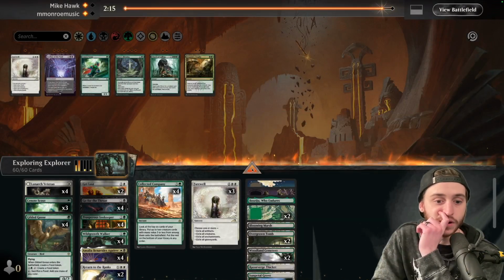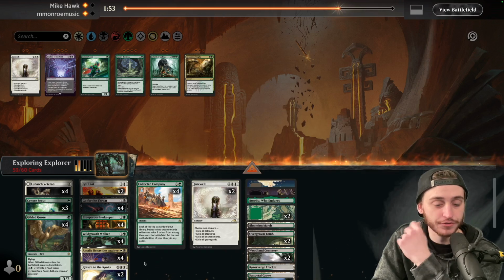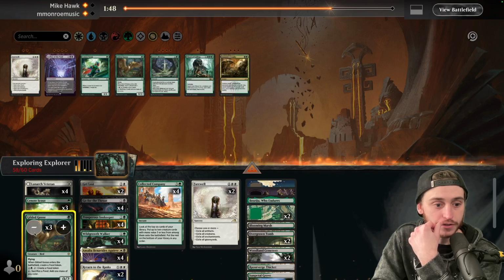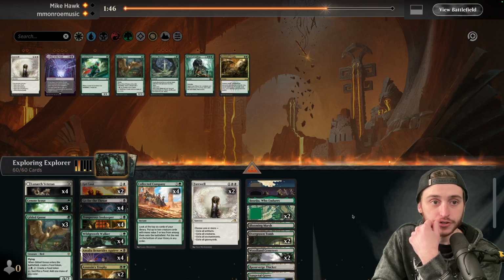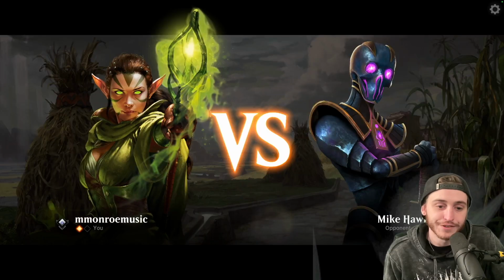Okay, so what is wrong with what we're doing here? Maybe we don't need 3 Farewells. We can go down 1. They have so much removal, is the problem. So maybe the Goose is too slow, so maybe we can go down a Goose. Maybe we add in 2 Assassin's Trophies in case we need more removal. Maybe we call that good. I don't know. All right, let's see if we can finally pull out a win on this